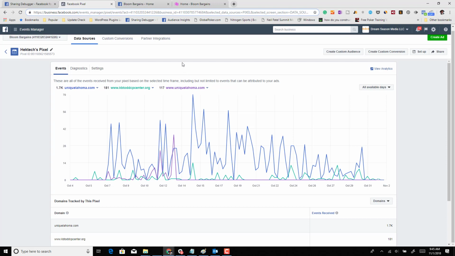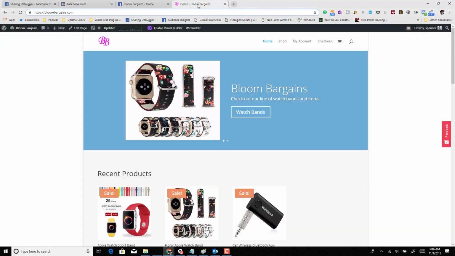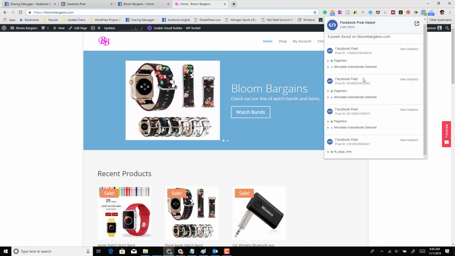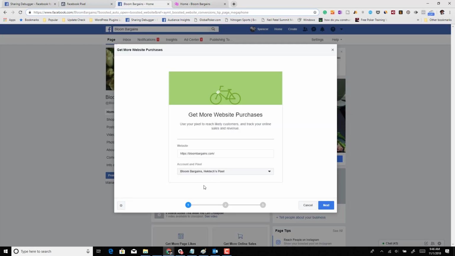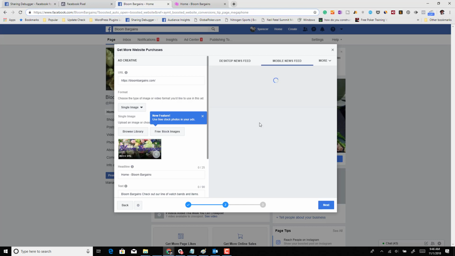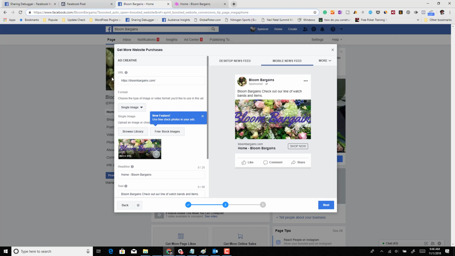So it's going to take a while to straighten out my account and get that started in the right direction. I put all the pixels that actually tie back to the site in any way on the site, and that lets me advertise, which I'm setting up right here. So you can see I'm using this particular pixel, and we're going to go forward on that,